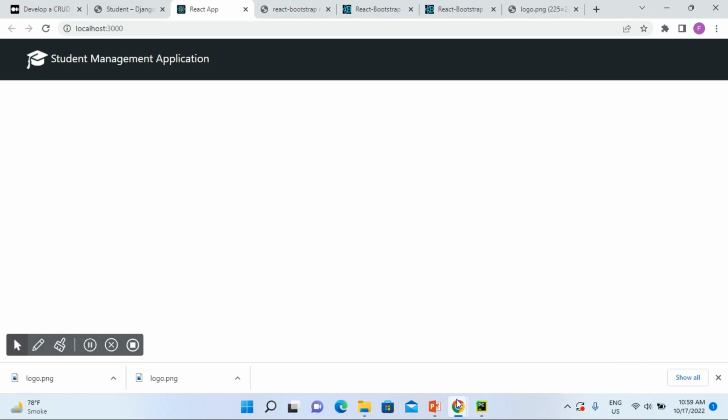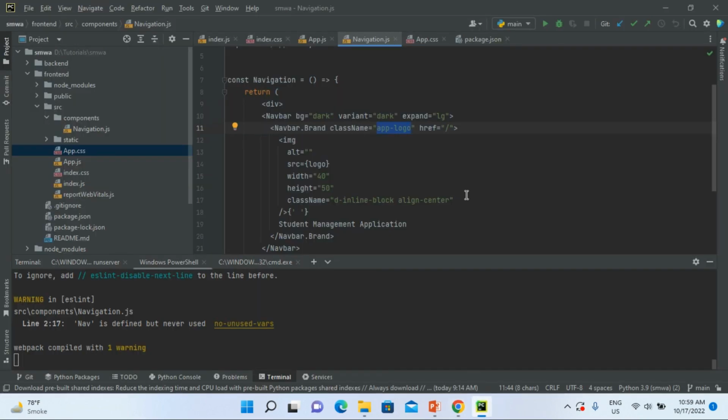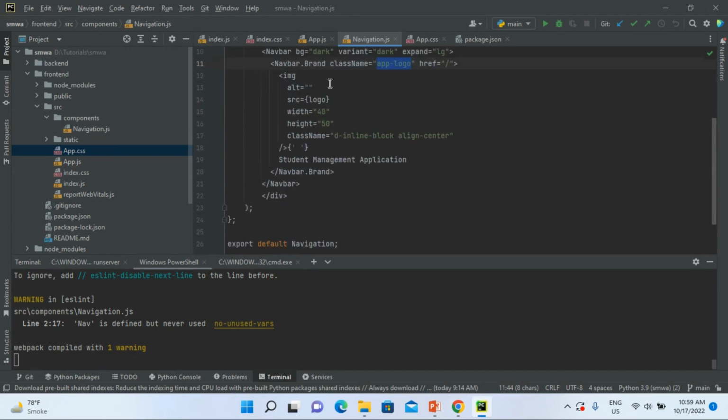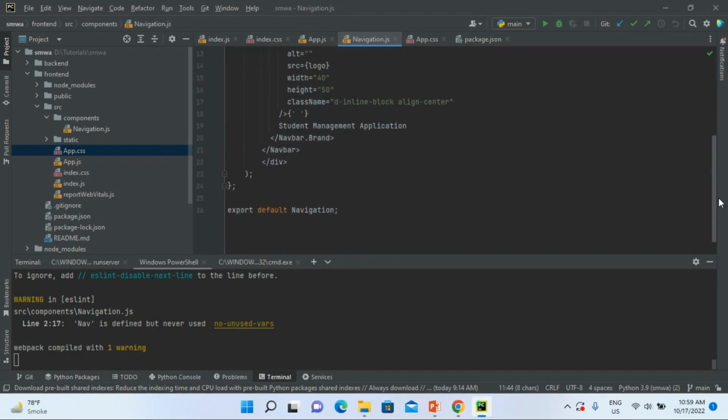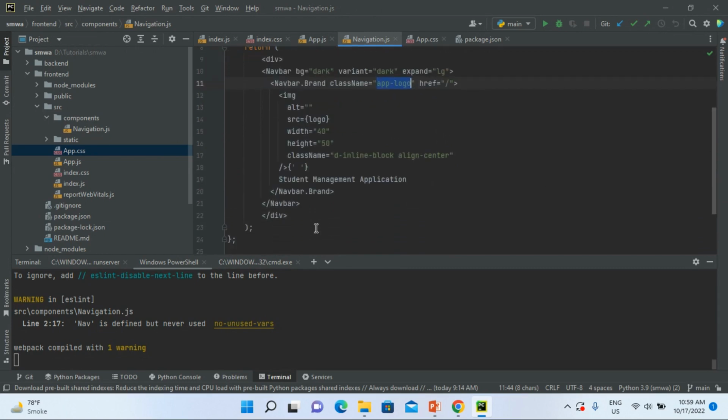Okay, next I am going to implement the side navigation bar, and I will implement that in the same navigation component. We could create separate components for this, but we do not need it yet, so I'm just going to create that component inside this. Okay, so now, for the side navigation bar,